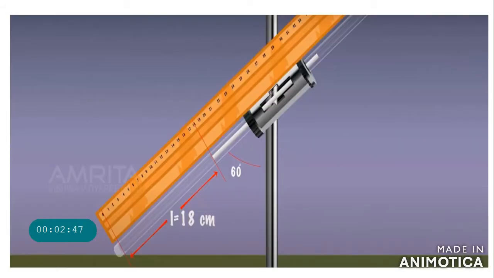Now there are 5 types of experiments in this one experiment. It's keeping the quill tube horizontal, then slanting at some angle, then vertical having open end upward, then vertical having open end downward, then slanting in reverse position. Thus we have to perform all these experiments. Here in the second part, the quill tube is at angle 60 degree with the stand. First we will measure the length of the